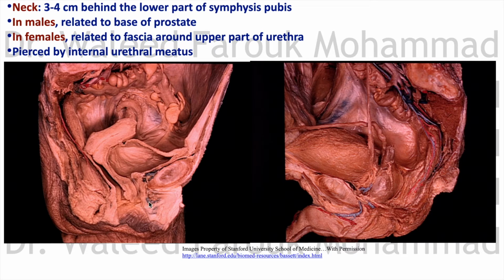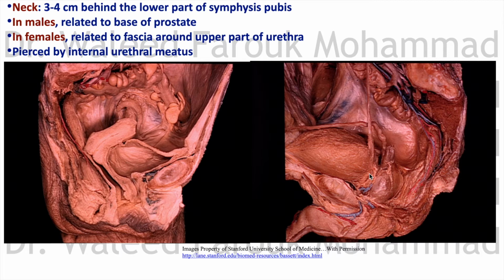The neck of the urinary bladder is behind the symphysis pubis, of course. In males, it's related to the base of the prostate. Now, the base is the superior surface of the prostate. See, this is the base of the prostate, and the apex is downwards. So the neck is related to the base of the prostate, and in females, related to the fascia around the